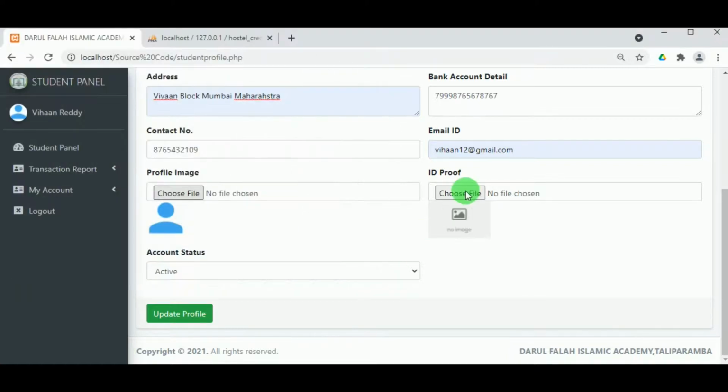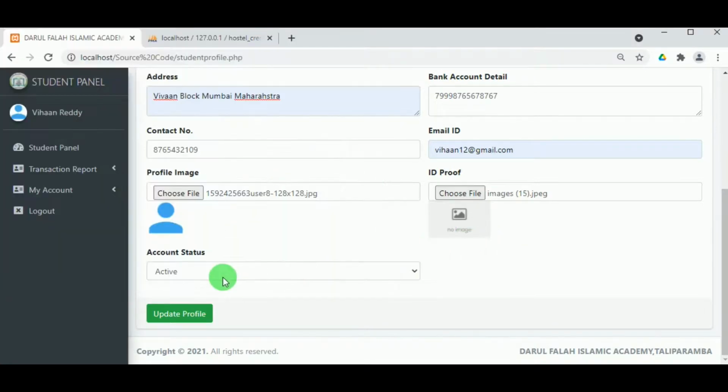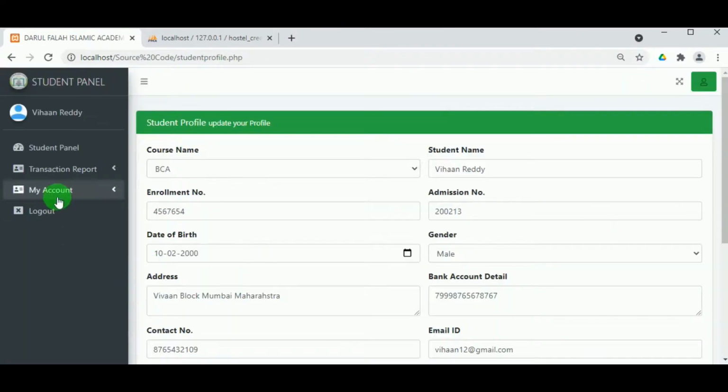In the ID proof they can give other details, voter ID details, PAN card details. Click on update profile and the student profile will be updated, and the student can also change their password here.